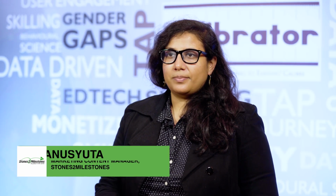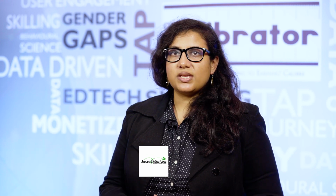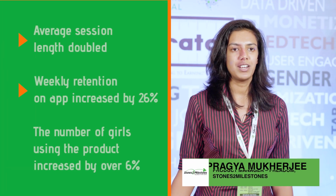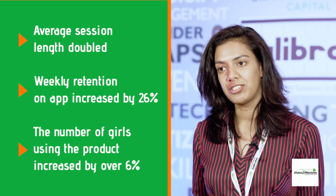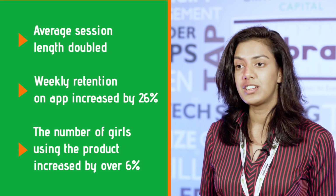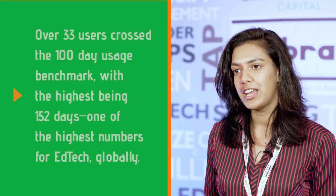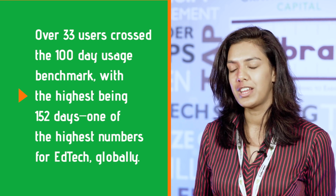Freedom is a beautiful app, but the major issue that we were facing was with respect to user engagement. And on that, we wanted parents and children to come back on the app every day for at least 15 to 20 minutes. So GMC really stepped in and helped us identify the features we could optimize, gamifying point collection through a motivation board, as well as using the power of the nudge to drive user engagement by getting users to commit to small steps they would take, as well as a goal that they were planning to